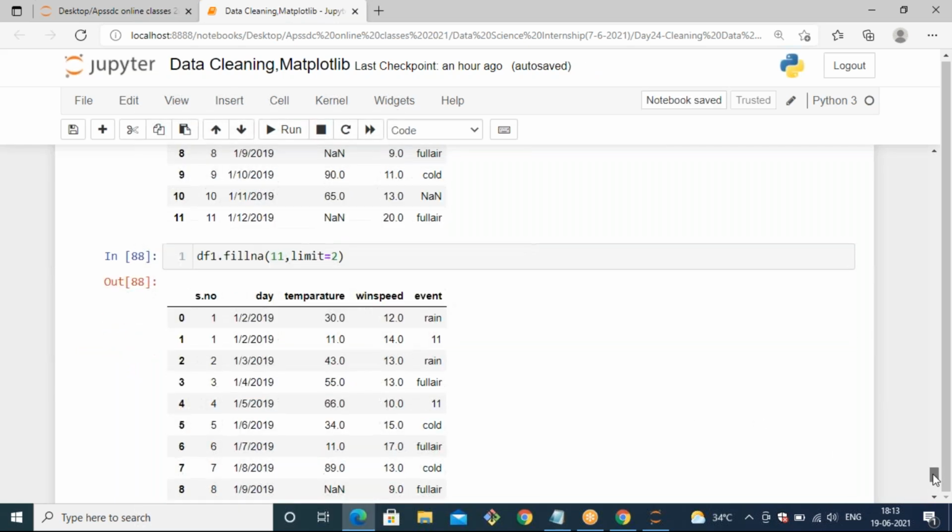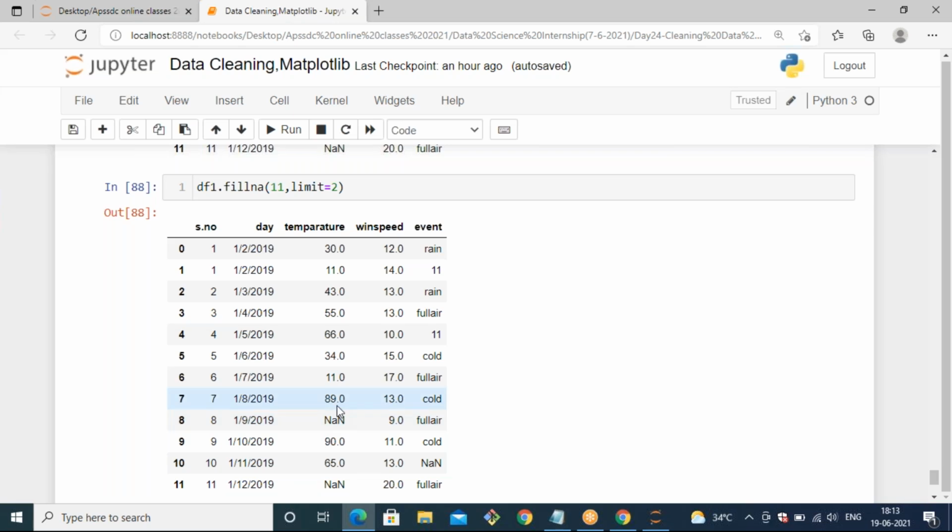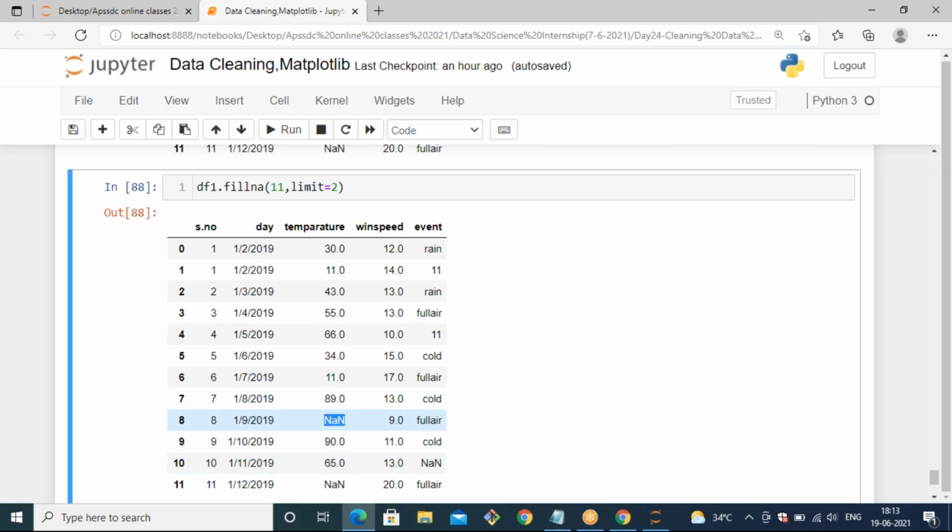So first 2 only it's going to be replaced. In the temperature, you have totally 4 NaN values, right? We're already seeing the count. So when you mention the NaN values limit, it will fill the NaN values with respect to that limit. And here I am filling the NaN value with the value of 11. So instead of filling all NaN values, it will fill only the first 2, with the limit of 2.